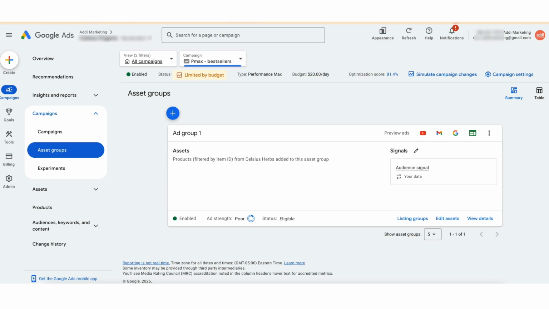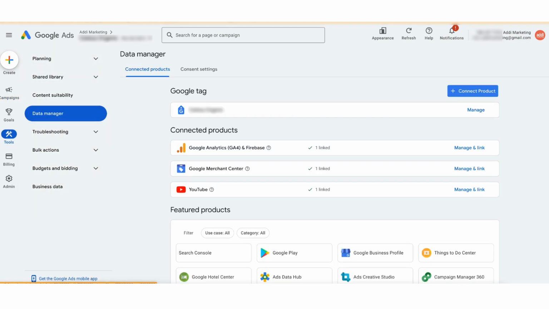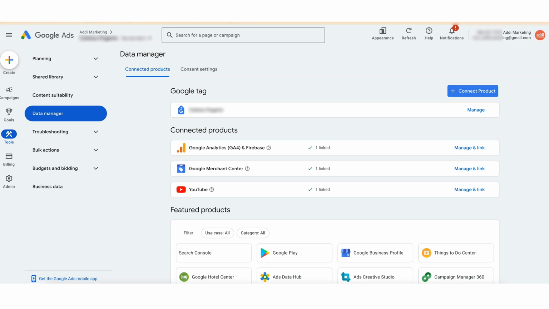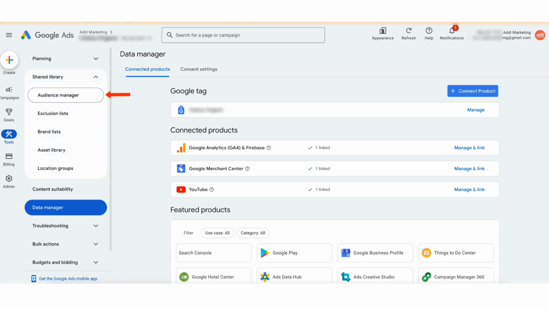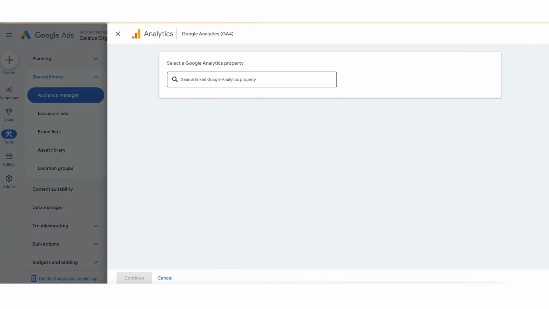Customer lists can be added from Google Analytics 4. For that, GA4 has to be linked with Google Ads. To verify that, open Tools, Data Manager, Connect Products, and make sure that Google Analytics GA4 is linked with a green checkbox. To add the list, go to Tools, Audience Manager, your data segments, click on plus, Google Analytics, select